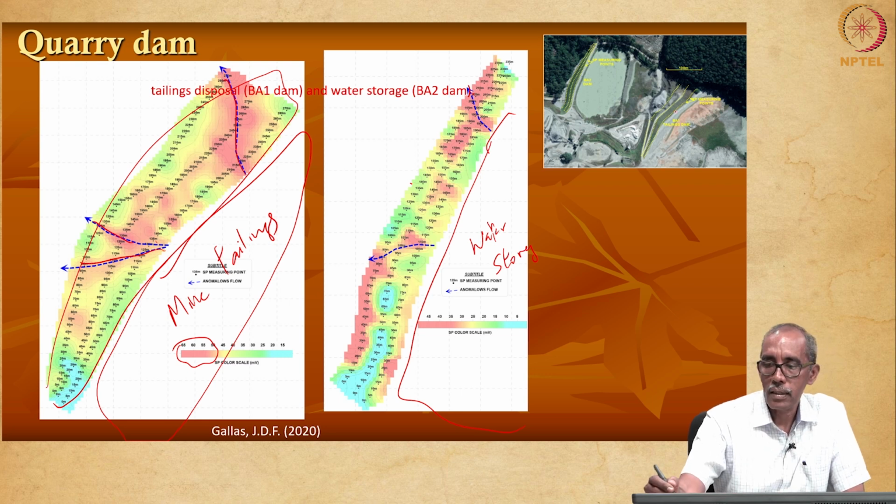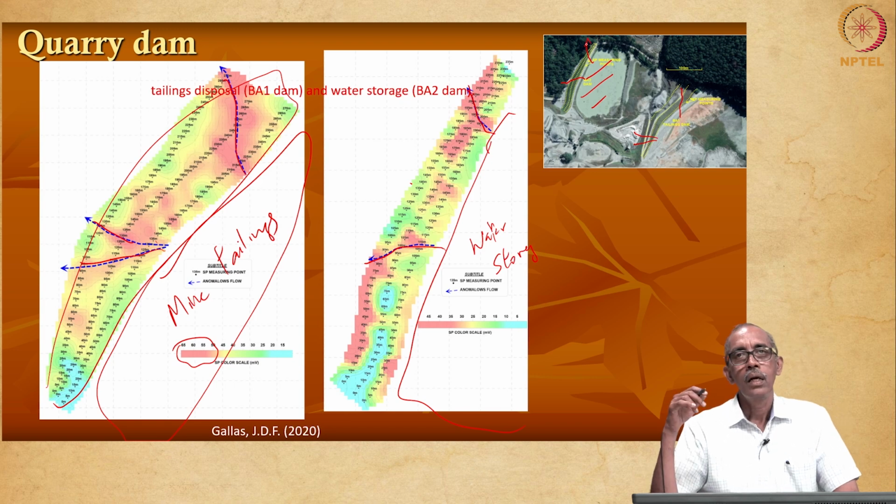This is from the tailings. There is some leakage somewhere here in this direction and also along this direction. Coming to the water storage structure, from it too there is some leakage here as well as here, somewhere from the middle part as well as from the northern part. So, very easily we are able to understand the integrity of the earthen embankment in this case. The same can be carried out in other earthen dams to understand whether there is any leakage or not.